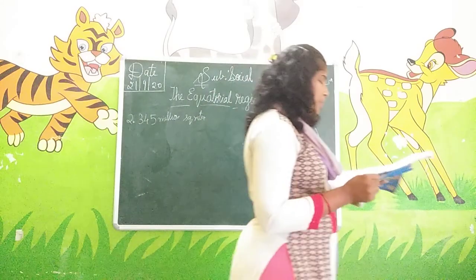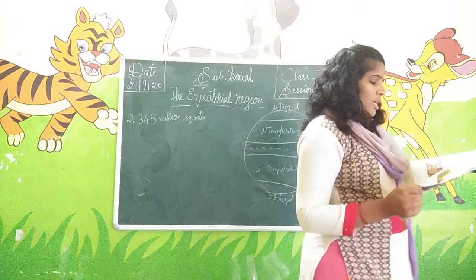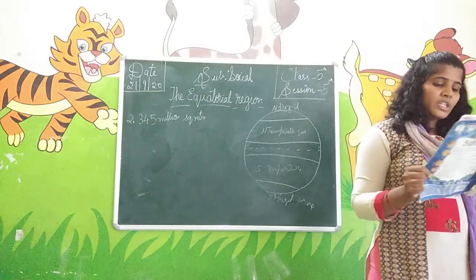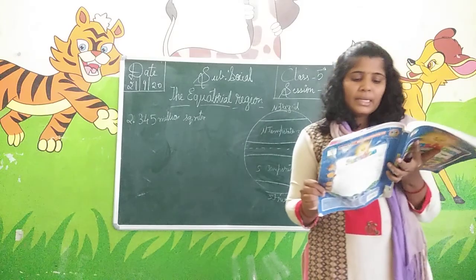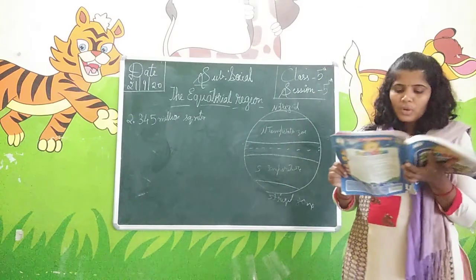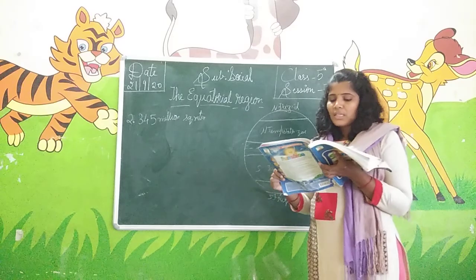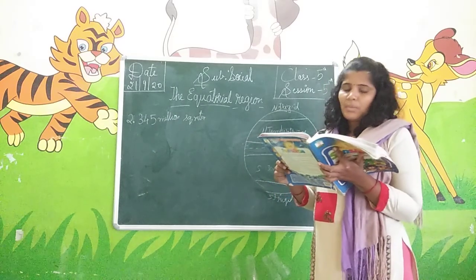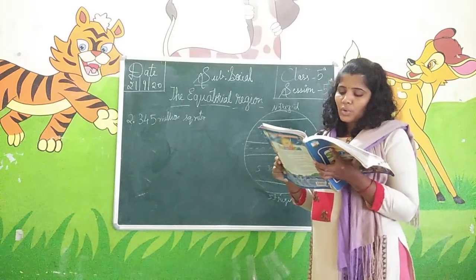Occupation. What do the people of this country do? Farming is a major occupation. Large areas of it have been cleared for farming. The chief crops cultivated are rice, maize and cassava. Okay, these are the main agricultural products they grow there.